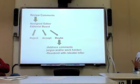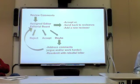The author has to address the comments, either just by arguing or by adding some additional work, and then you resubmit the paper with a rebuttal letter where you address all the points of the reviewers, point by point. Okay, and then this is sent back to the editor, and the editor can just accept it without sending it back to the reviewer, or can send it back to the